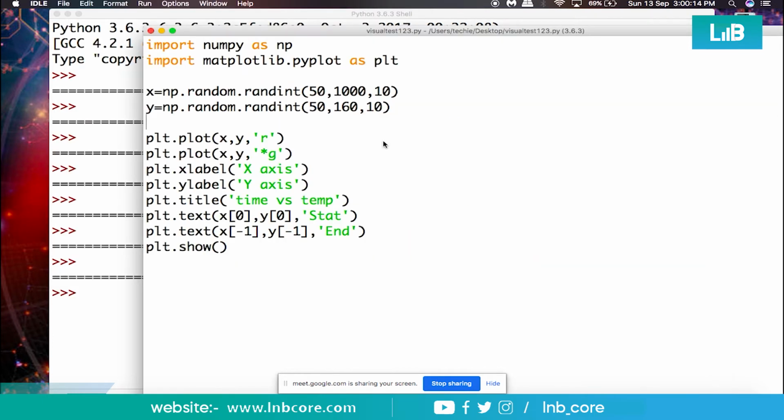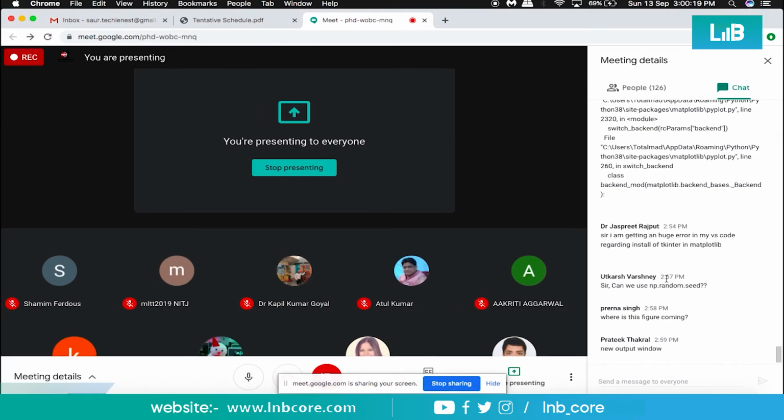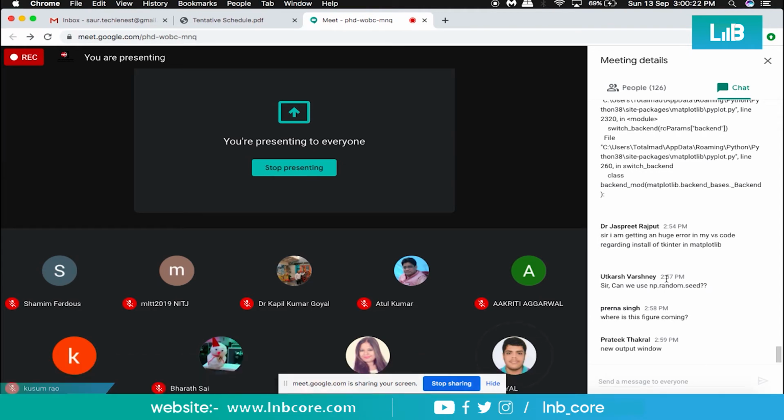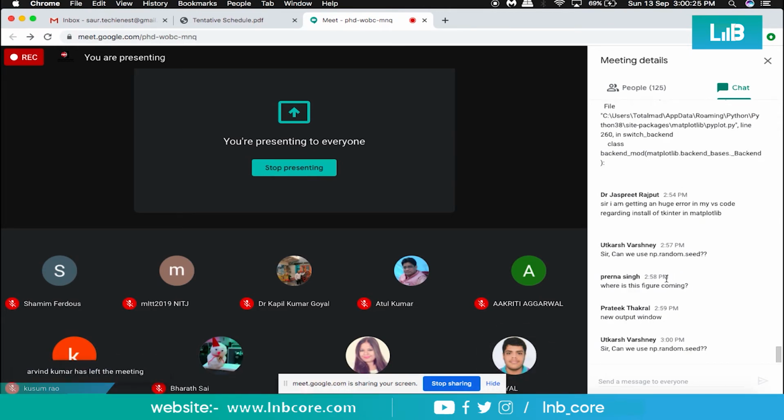Any problem, anyone? Any problem, anyone? np.random, a couple of other commands can be used instead of this. Even one library is there called random library. You can use that library also. You can use np.random.random function, and you can multiply it with any particular value, and then also you can make that an integer form. It does not matter. Any question, please?